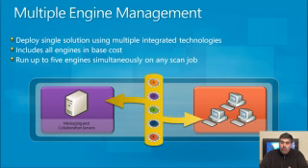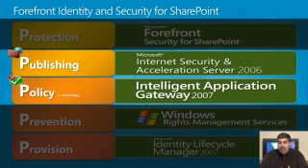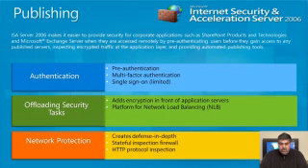When we move beyond protection, we look to publishing and policy. Now remember, on the publishing side, we offer ISA server, the Internet Security and Acceleration Server. Now, ISA is a great way to start when you're looking to publish access remotely to SharePoint. It provides you the first key things that you're looking at, whether it's pre-authenticating the users by making sure that you can now authenticate them on the ISA server as opposed to directly on SharePoint, whether it's the ability to overlay a variety of multi-factor authentications,